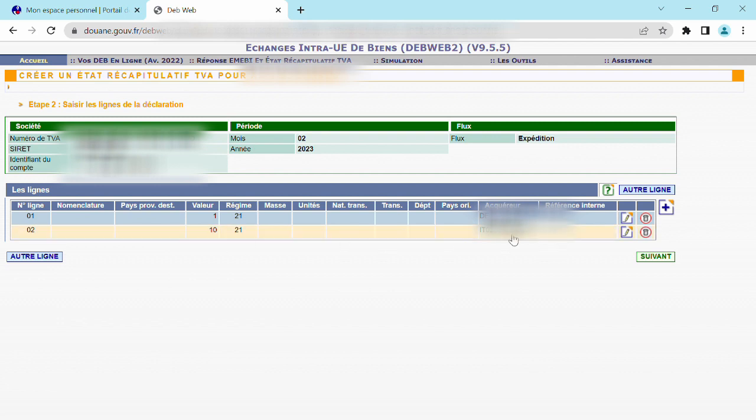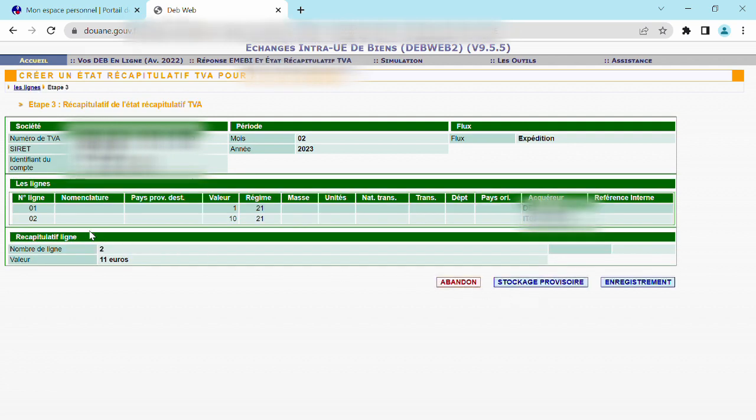Okay, and then I'm going to click validate, and you can see here we have a success. So the second line has been added to the ECSL. And this is all the data that I have for this period. So I'm going to go ahead and click next. It's going to bring me essentially to what is a summary here of all of the information that I have